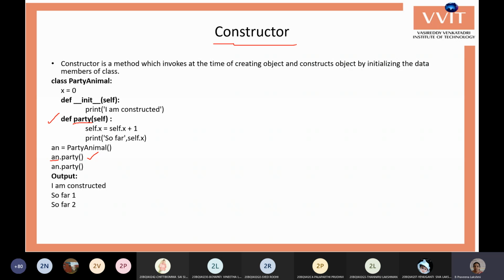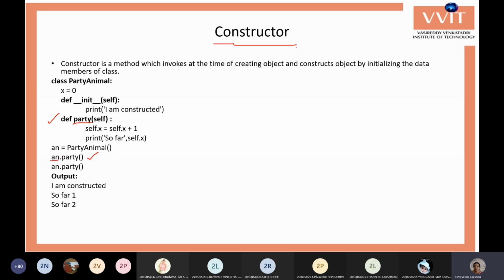That is, if we want to construct an object with the initial values, we can use the constructor method. At the time of creating the object, if you want to initialize the variables of the class, we can use the constructor method. So we call this method a constructor method.